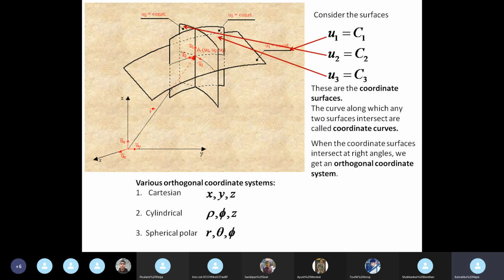There can be an elliptical coordinate system, several other coordinate systems. Okay, these are orthogonal. There can be coordinate systems where the axes are not mutually orthogonal. Okay, so that is also there. These are special cases where the axes are mutually orthogonal.